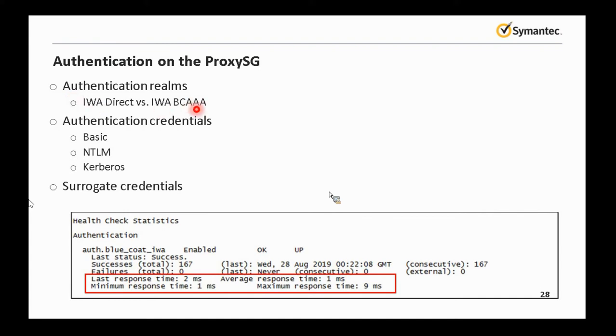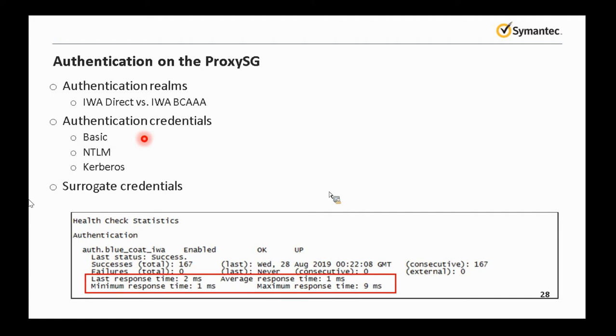Okay, am I using Active Directory or RADIUS or other authentication server? Now, if you're using Active Directory, how am I connected to it? Am I connected to it directly, or am I using an agent? Okay. Another is, what is the authentication credential I'm using? Am I using Kerberos or NTLM? Okay. So with that, I expect to see what surrogate. Okay. So those are the things that you need to ask yourself when you deal with authentication